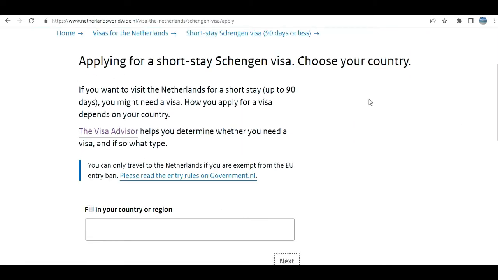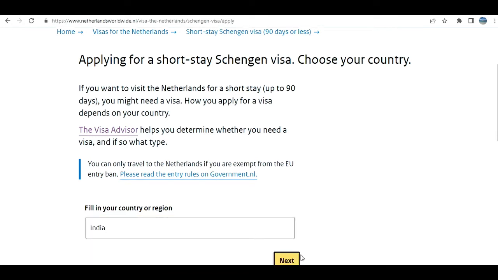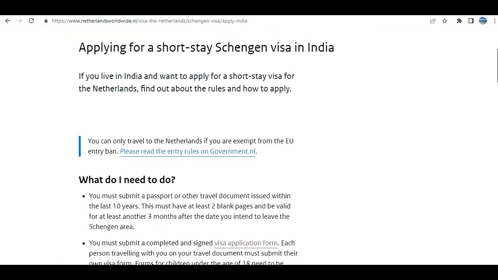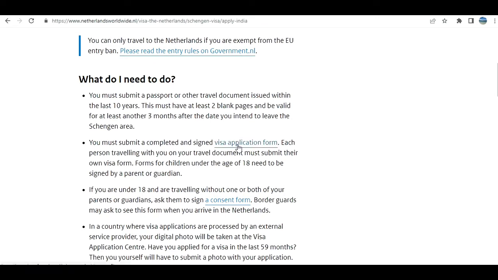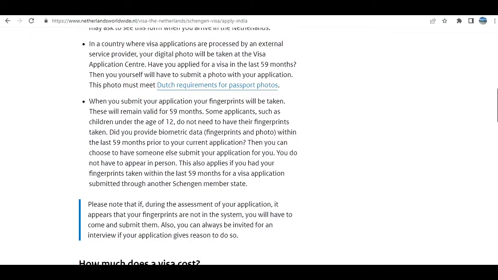So choose your country. Which one do you want me to choose? Okay, I choose India. All right, let's go for India. So you need to submit a complete and signed visa application form. Okay, consent form not applicable in every case. Passport photos,